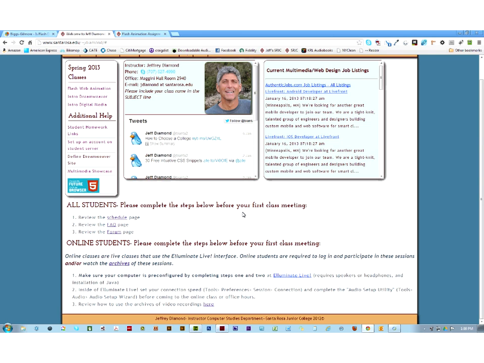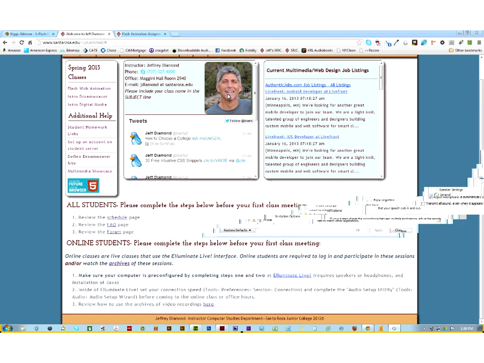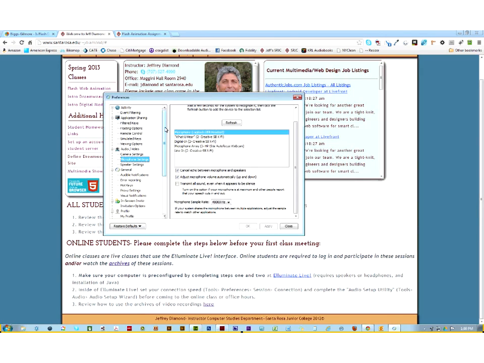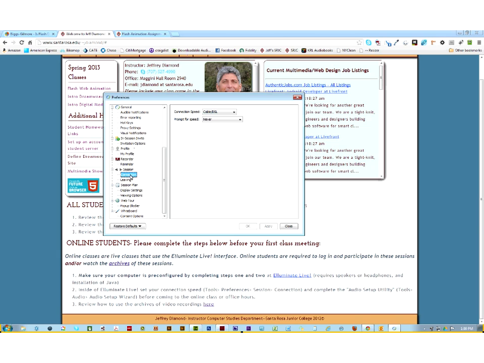One other thing that I want to point out about the Illuminate interface, and this is something that you can adjust on your computer, in the top of your screen you'll see it says Edit Preferences at the top of the CCC Confer screen. If you bring up your preferences by selecting Edit Preferences, you'll see towards the middle-ish bottom section of the preferences it says Session. And this checks your connection speed. Well, it allows you to